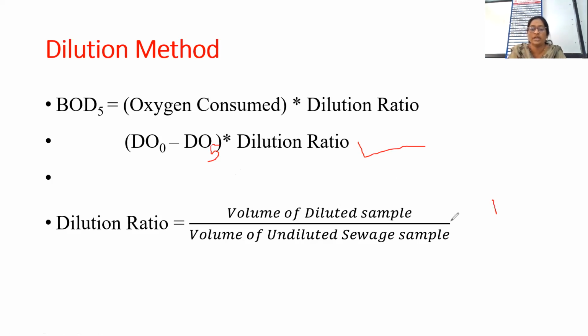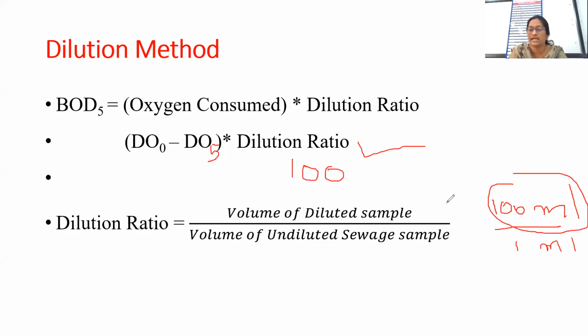So if here I have taken 100 ml of diluted sample, and one volume of undiluted sample I have taken here 1 ml. So what will be the dilution ratio? It will be 100. Means what? How you are going for this 100 ml? You can take a measurement tool for the 100 ml,